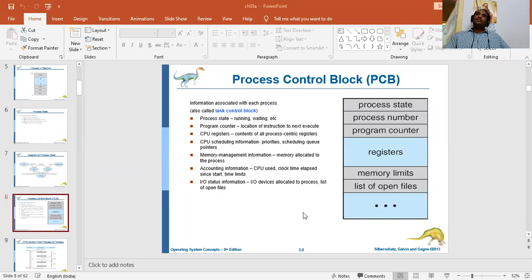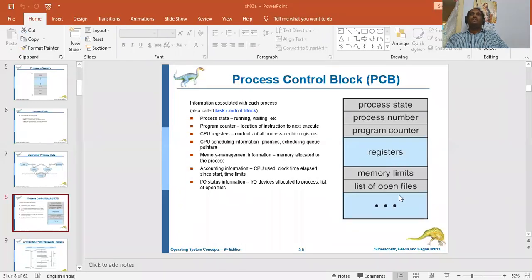And in this schedule, it can have priorities. Suppose all the processes are getting executed, and any process has to be executed urgently, very importantly, then that will be given a higher priority so that it is executed faster. So that scheduling information is also maintained in something called register memory.